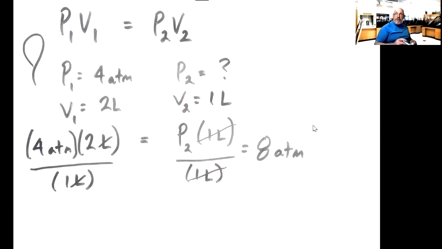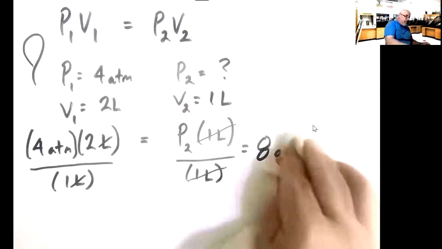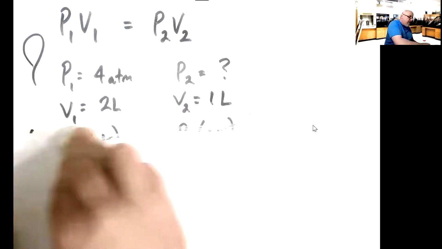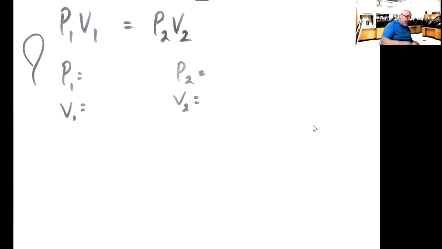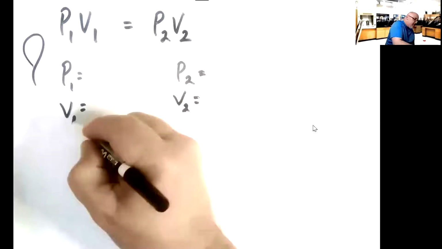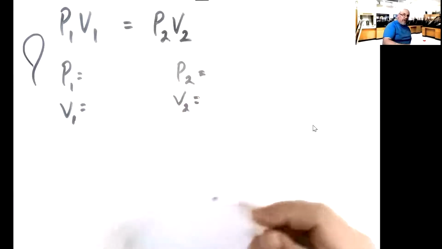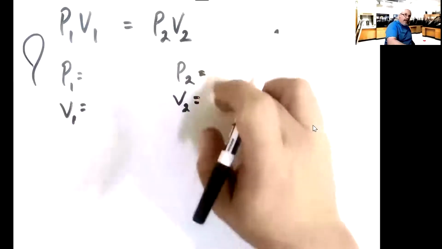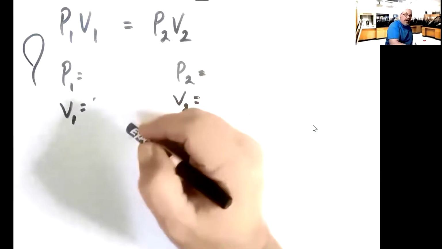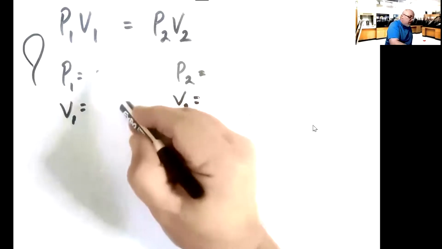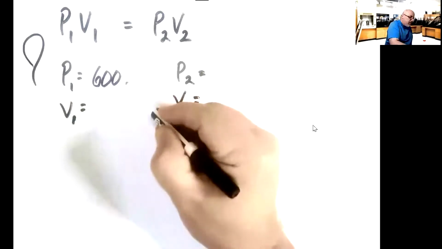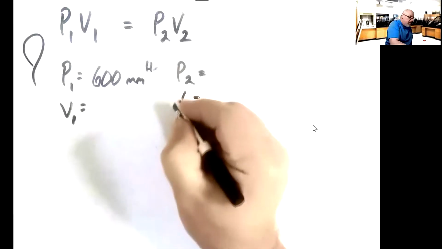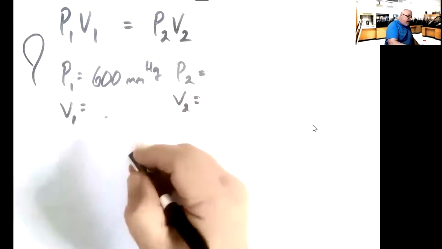Pretty straightforward. So now let's keep the same basic setup and do a different problem. This time we'll solve for an unknown volume. The formula doesn't change. I think we'll continue to use balloons, but we will change some units. This time the pressure is not in atmospheres. We'll say it's in millimeters of mercury, and I'll go 600 millimeters of mercury,